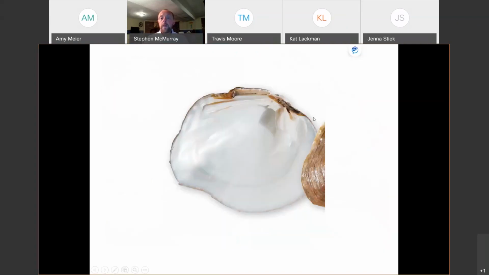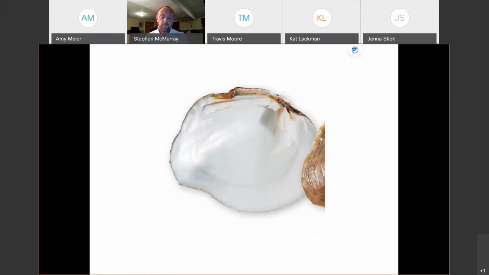Okay, so before we jump into the interior part of the shell, I'll go ahead and take a quick break here and see if there are any questions just on the external shell features. Sure. Well, actually, we have a couple of questions that kind of move backwards from just the identification parts of the shell. The first question I saw come up was from Linda Williams, who asked, is the coloration and patterning